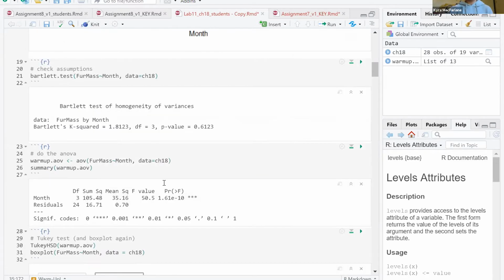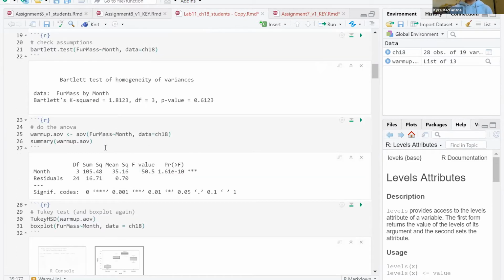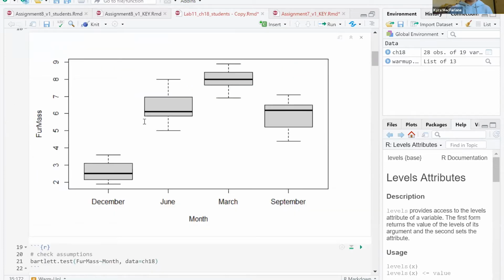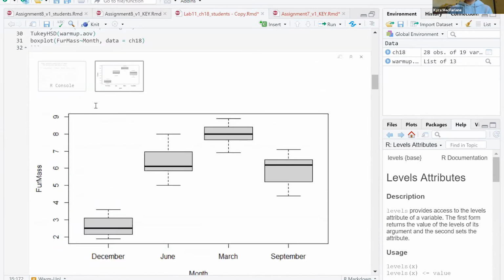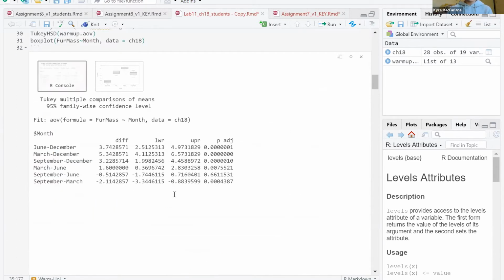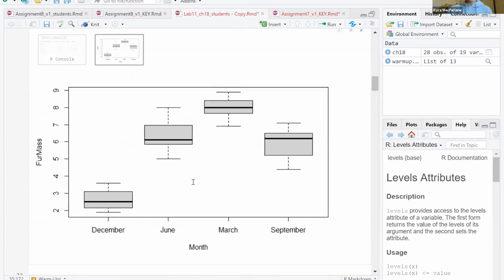It's the same thing with doing the Tukey test. We do the ANOVA to say that these means are not equal to each other, which we can see looking at the box plot. But when we do the Tukey test, we can officially say which ones are different. Just looking at the box plot,